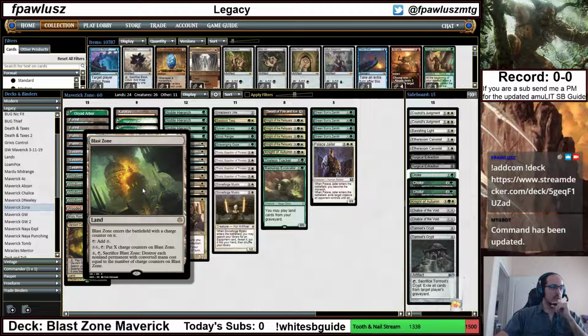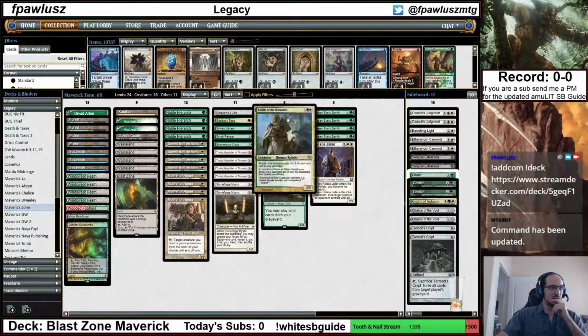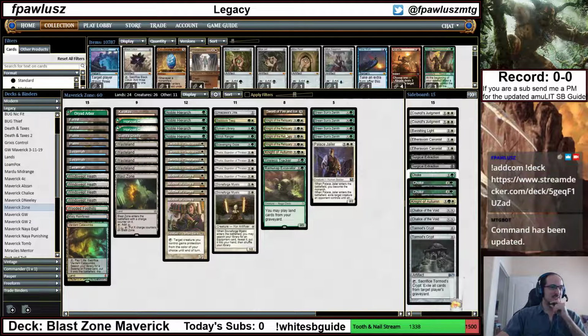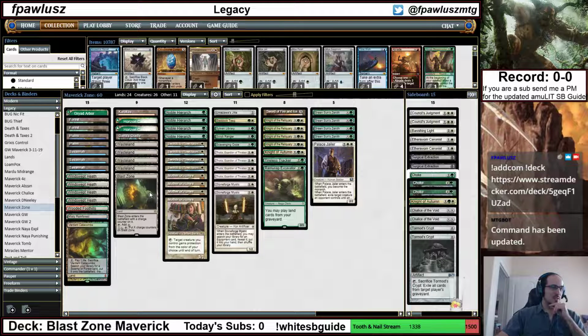What I wanted to try is this card, Blast Zone. I am not particularly sure this card is gonna be good. In fact, it's quite possible this card is not good. But with Knight of the Reliquary in the deck, it's kind of like a natural thing to want to do. However,